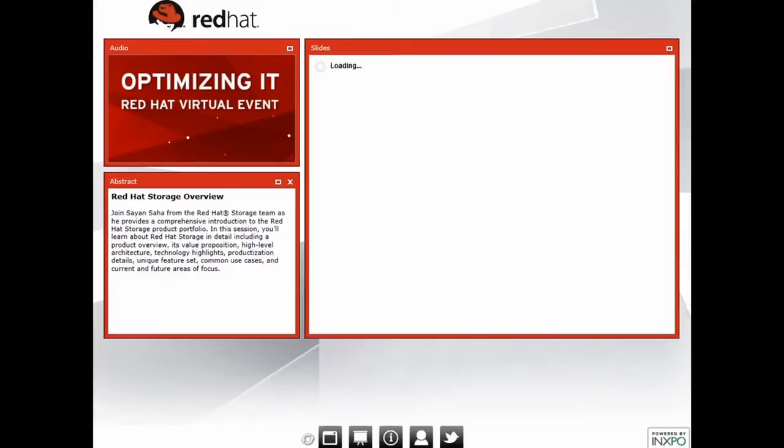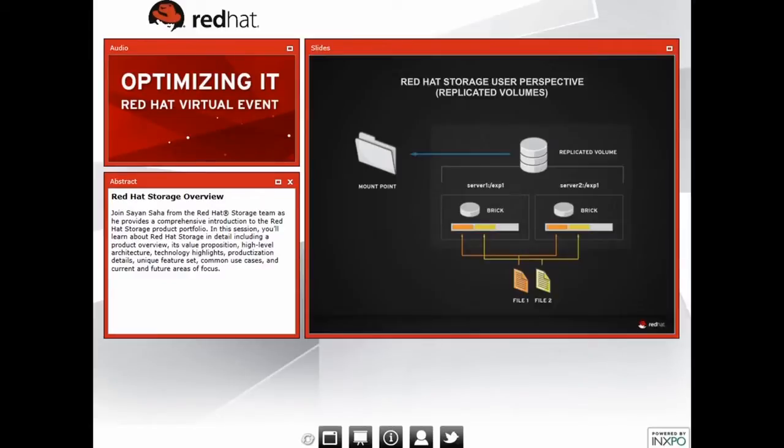In the next chart, we show you the other important kind of volume that we have in Red Hat storage. It's called the replicated volumes. The replicated volumes is basically a volume where you have more than one copy of a file. So as you can see in this picture, the bricks in server 1 and server 2 both have file 1 and file 2, which basically gives you a lot of high availability and redundancy with respect to file availability,